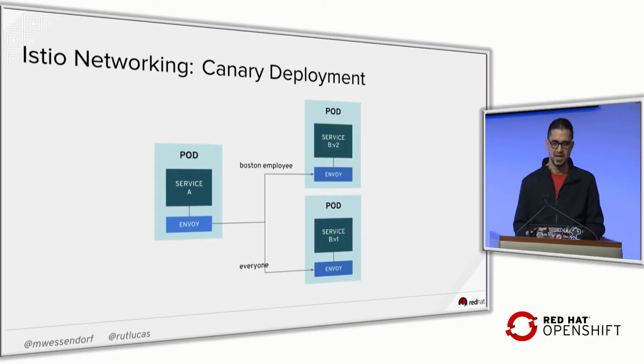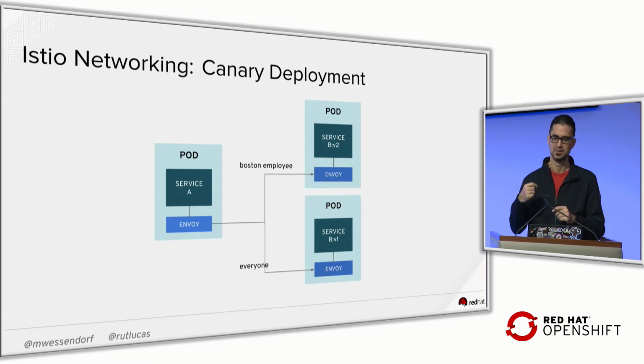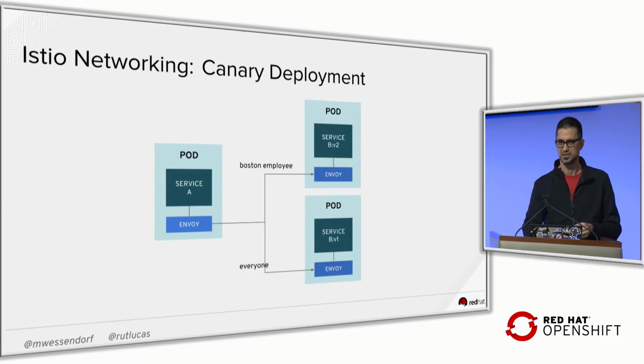With these components, we can build, for example, traffic routing patterns like the Canary deployment. A Canary deployment is the ability that, okay, I can deploy in a transparent way a new version of my service. And with Istio, I can do smart routing in order to limit who is going to talk with the new version. For example, I can limit the new version to a certain group of users, and I can validate if the new version is correct, is good, and then I can roll out or completely deploy the new version into the system.